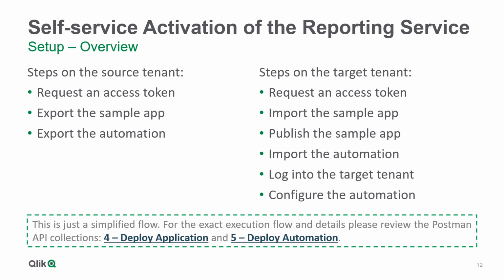Here we can see an overview of the steps we need to take to set up the self-service model. The flow will begin with requesting an access token to communicate with the source tenant. From there, we will export the sample application containing the content for the report, and then export the reporting automation. On the other side, on the target tenant, we're going to request as well an access token. We will import the sample application, publish the sample application to a space, import the reporting automation, and the two